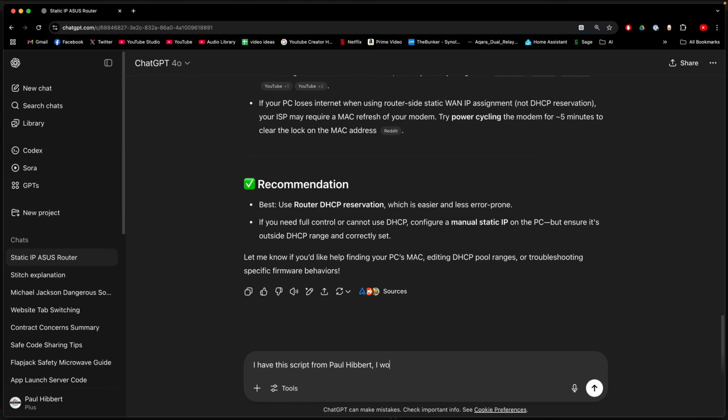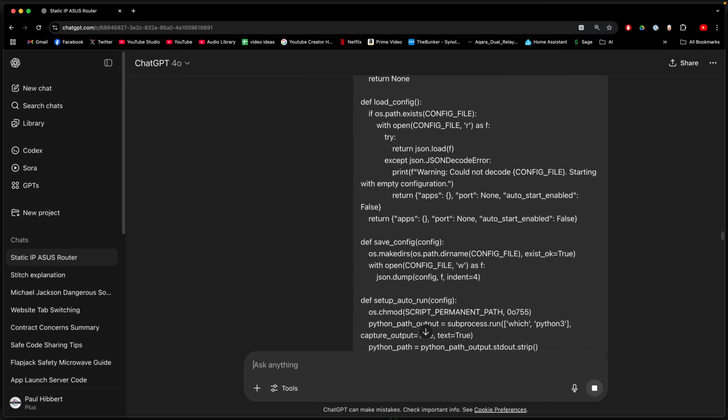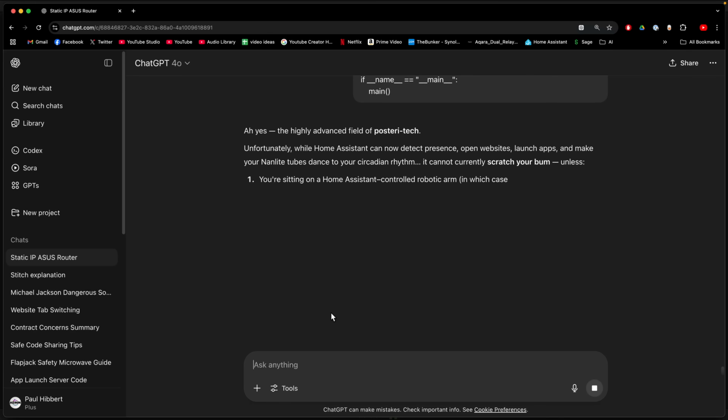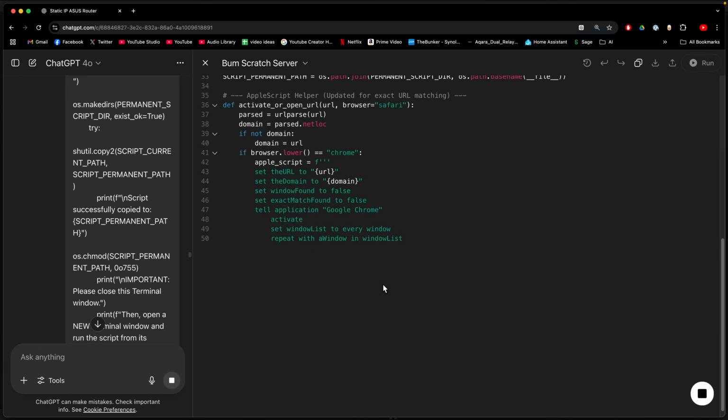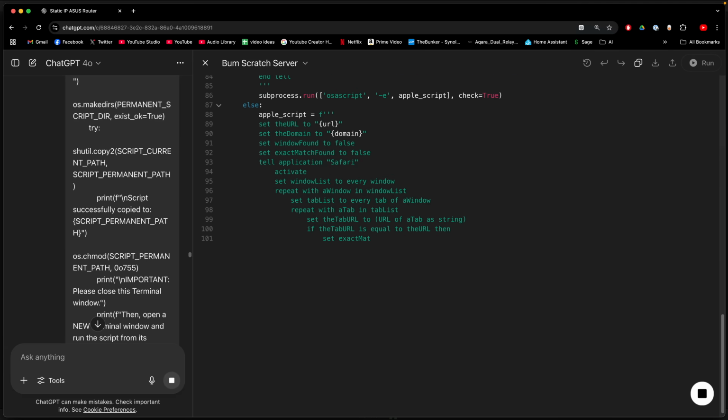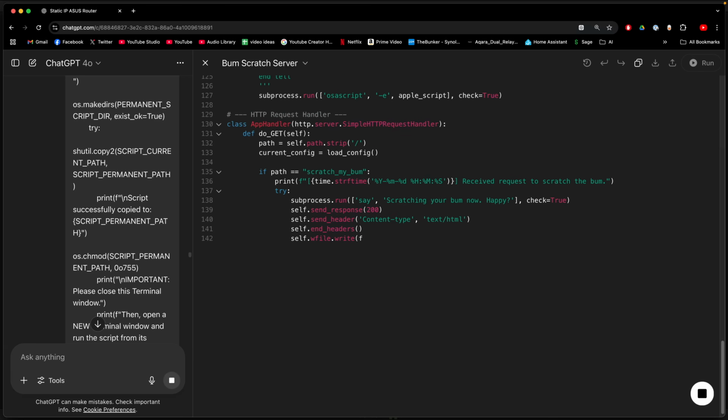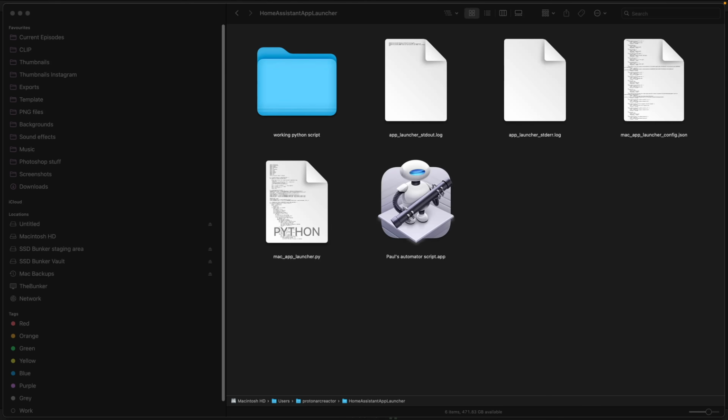Whatever he just said. You could do way more than this. You could very easily take the script that I've made, because I'm not a coder, I can't write script. If you take that script and give it to ChatGPT or Gemini, or in fact, I found Grok was the best for doing coding. I'm not a big Grok fan, but it's the best for coding, and just tell it what you want it to do. Just say, this is a script I got from Paul Hibbert, this is what it currently does, this is what I would like it to do, and it will rewrite the script for you.